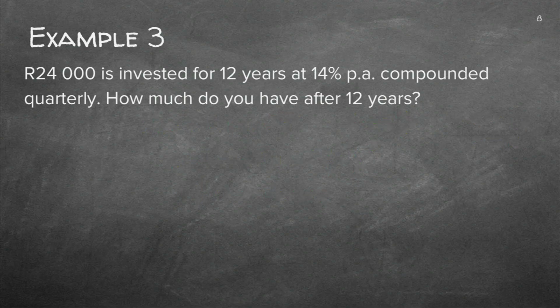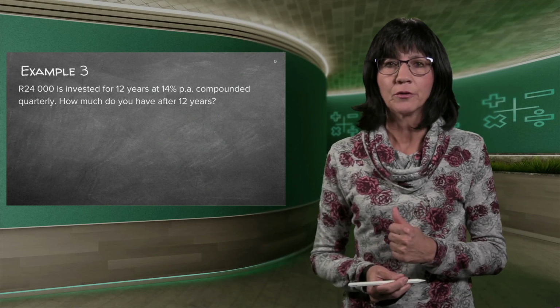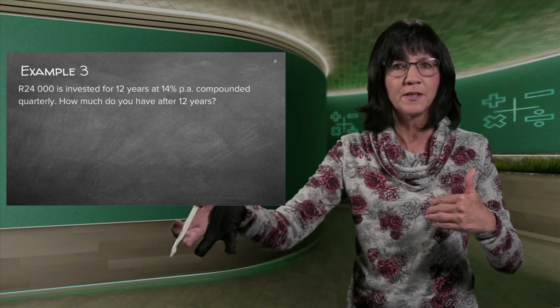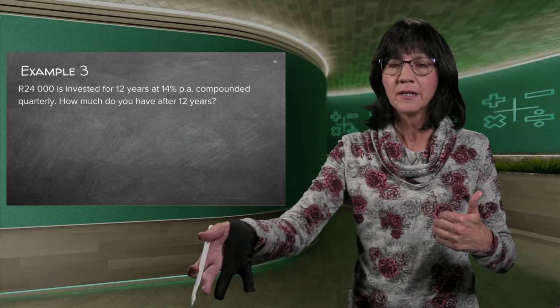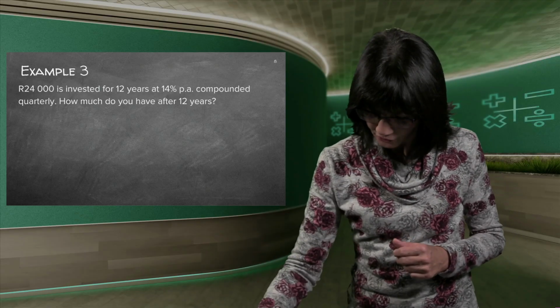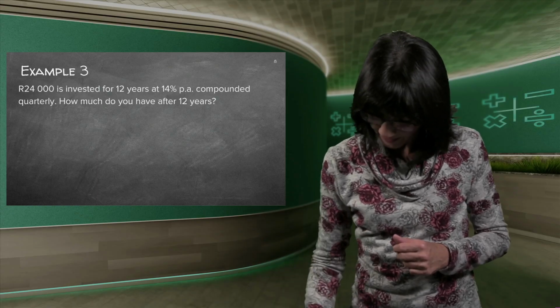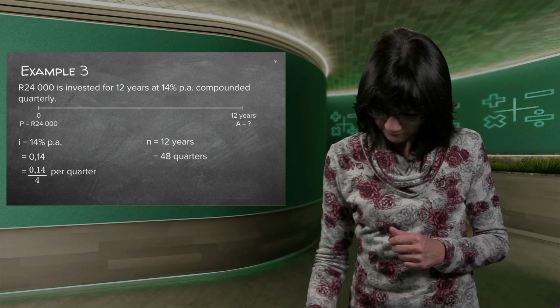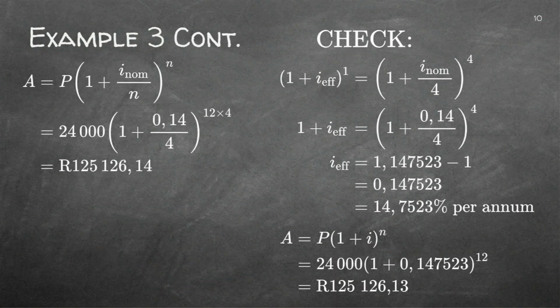So that is why you need to be able to work these things on your own so that you know what is going to happen in 12 years' time. Maybe you want to buy something then and you want to save up money for that, and you can work it out yourself. Good, you're going to try and do it all on your own and then you'll see the answers are there. You can just check the answer. There's the timeline. There's the whole amount. And remember when you do it, you don't look at all at this. I just want to show you the check here.